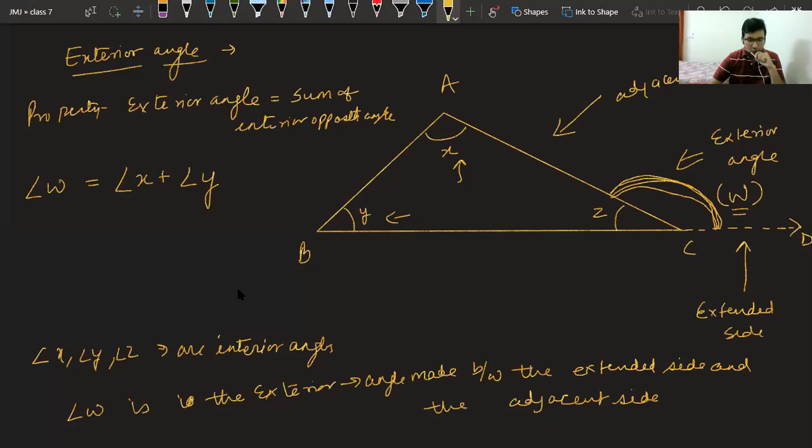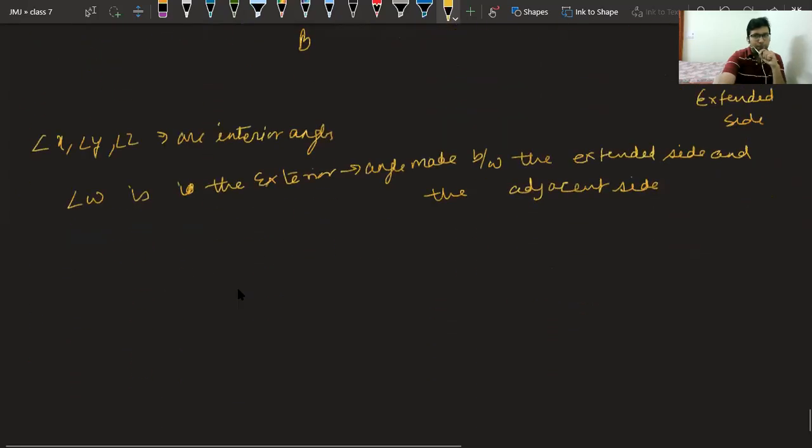No, Ryan, you are adding all the angles inside. You just have to add the two angles which are opposite. That is X and Y. That's it. So then a triangle has four exterior angles? No, beta, I will show you. Don't worry. Don't generalize it. So what is the name of the property? The property name is exterior angle property.